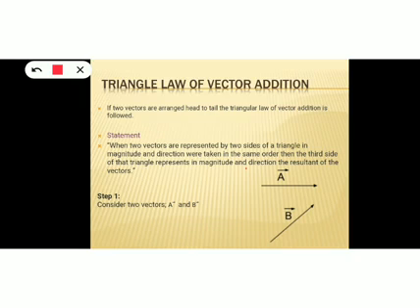Okay, so first consider two vectors. So here we have considered two vectors A and B. It's very clear both A and B are acting along different directions. They are not along the same straight line. Then these are the two vectors. Then in order to apply the triangle law of vector addition, we must join the head of one vector to the tail of another vector. So that will be our next step. Join the head of one vector with the tail of the second vector.